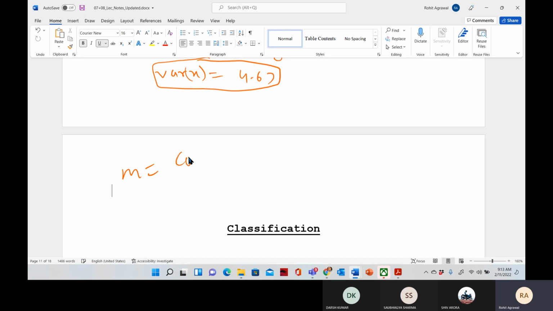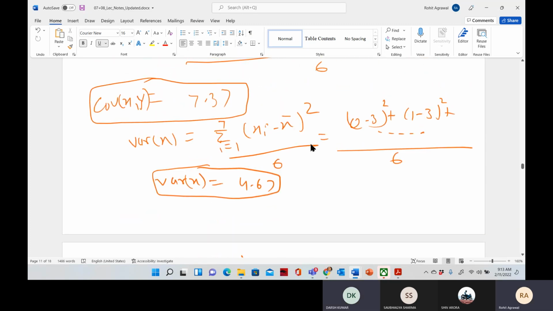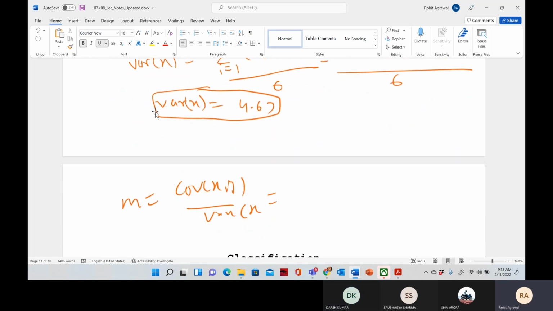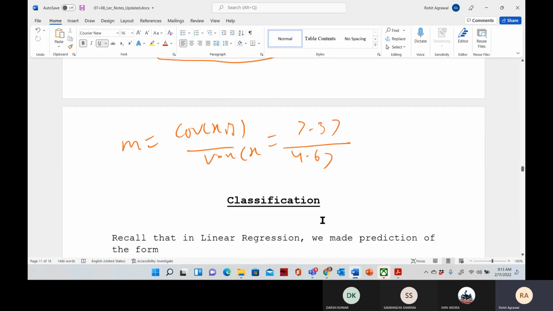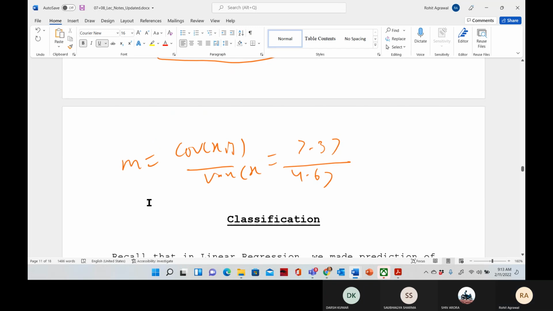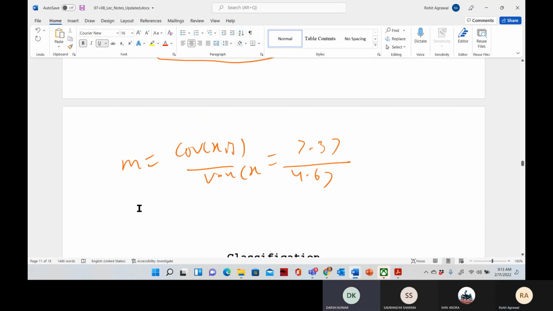m is equal to covariance divided by variance. So how much was our covariance? It was, I think, 7.37, and variance 4.67. So what will be the final answer? Sir, 1.57. Okay, so m is equal to 1.57 and c is equal to,